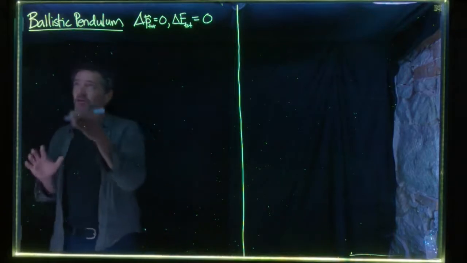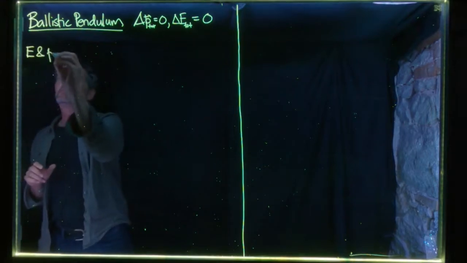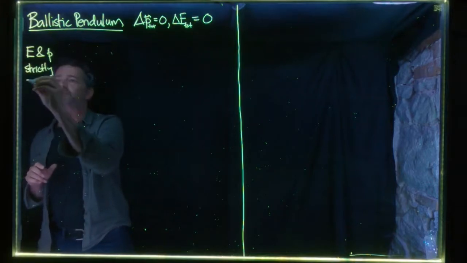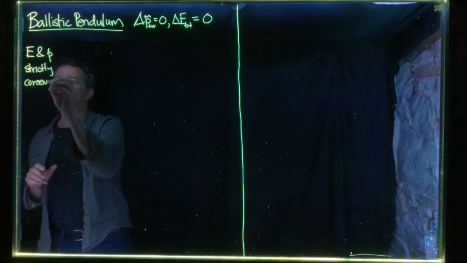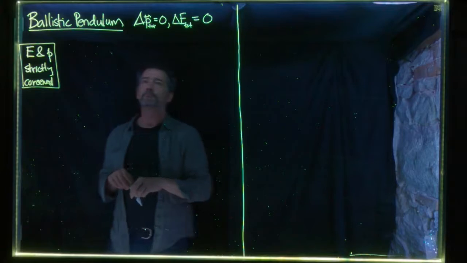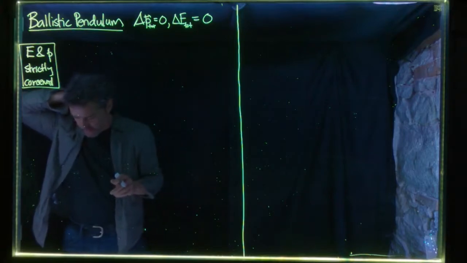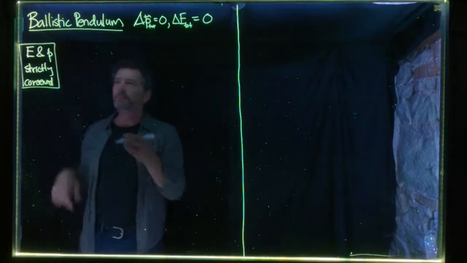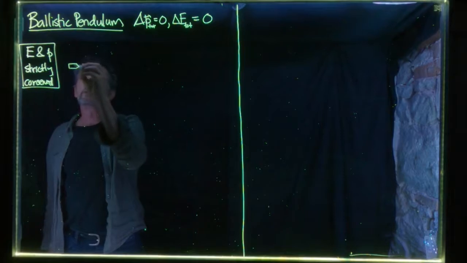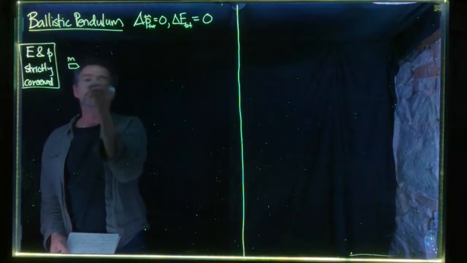So the key point of this problem is that energy and momentum are strictly conserved quantities. Okay, that's the emphasis of this problem. Okay, so here's how it works. So we start off with a bullet. So there's a bullet, an object of relatively small mass, which is moving very fast